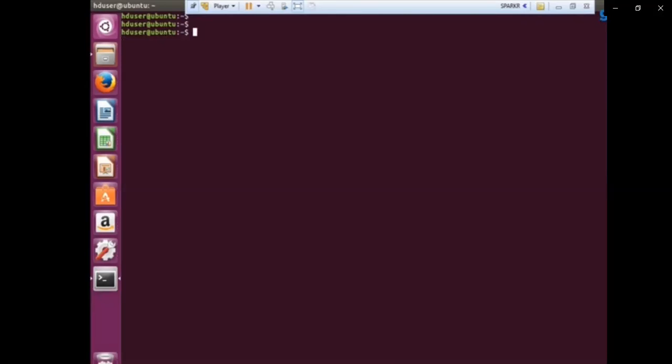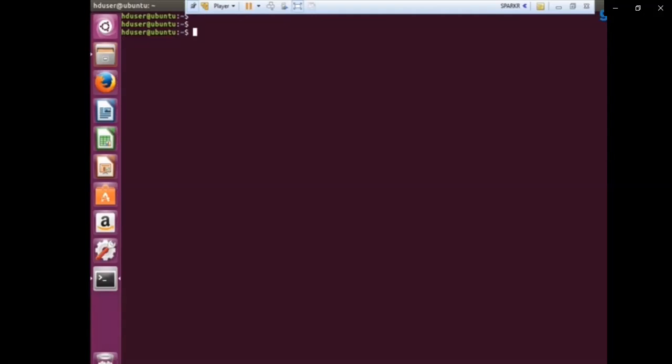Now we want to demonstrate the Hadoop commands. First, we need to start all the Hadoop services. Since Hadoop is installed in pseudo distributed mode, all the Hadoop components like name node, data node, secondary name node, job tracker. In our case, as we are using Hadoop version 2, remember, we will be having a resource manager instead of a job tracker, which was used in version 1. And instead of having a task tracker, we will have a node manager. So firstly, we need to start all the Hadoop services.